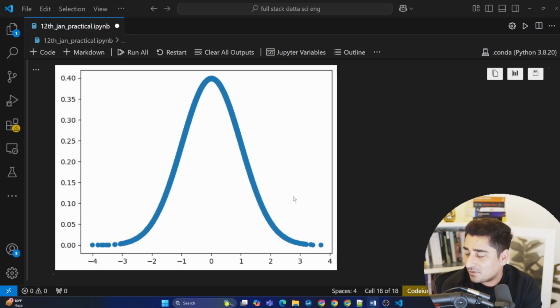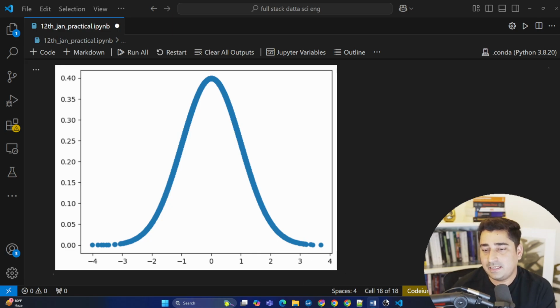Use case of a standard normal distribution. It's been used to check the quality of the data basically all the time, SND and normal distribution both. So to check the quality of the data and to check whether there is some outlier or not, whether there is an ambiguity inside a data set or not.